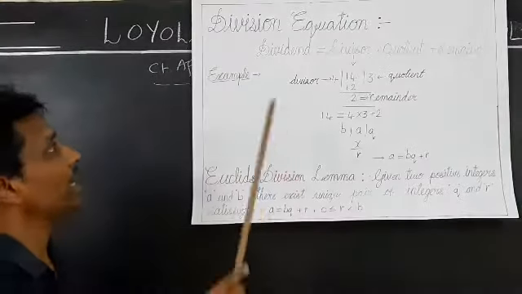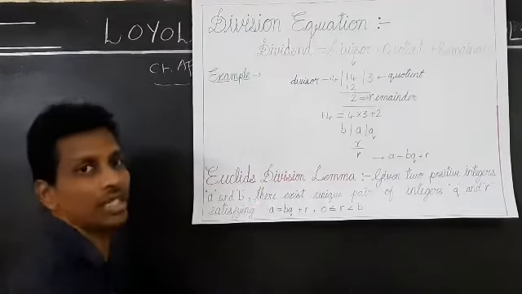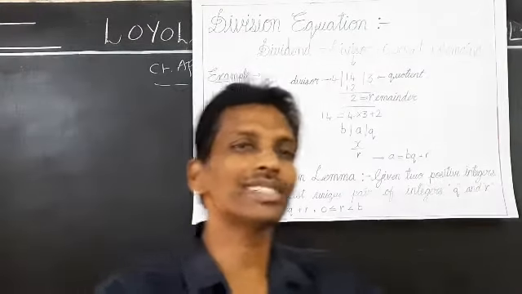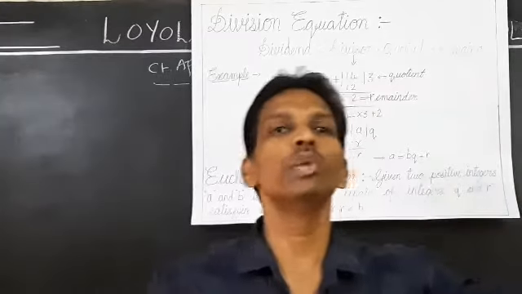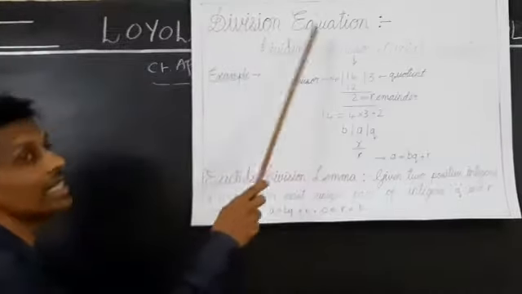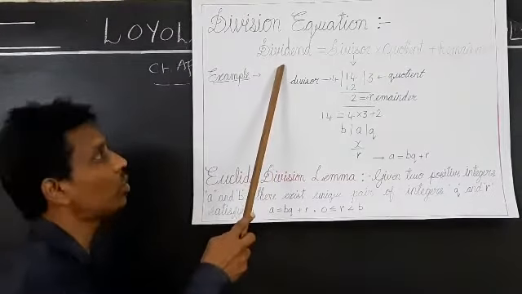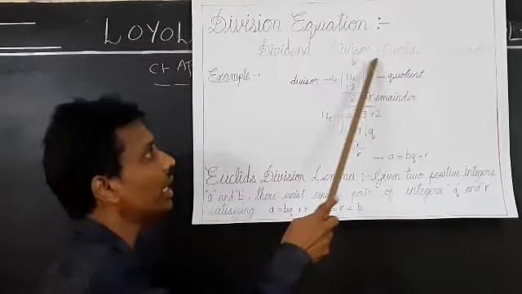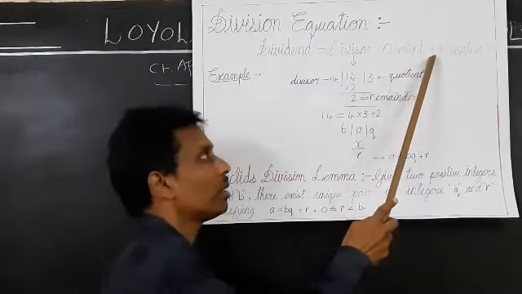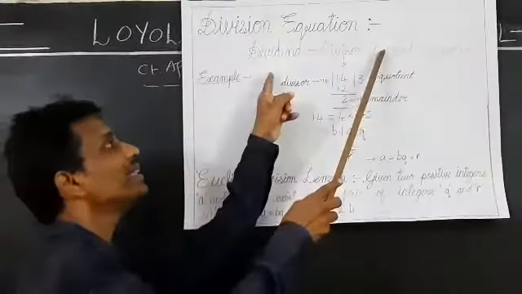If we apply the divisibility rule, it is nothing but the division equation. In our class, let us leave that word divisibility rule. Let us know the new word, that is division equation. So what is the division equation? Dividend is equal to divisor into quotient plus remainder. If we apply this condition for the above division,